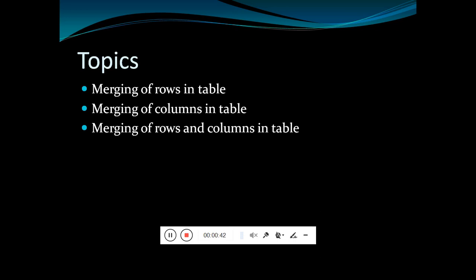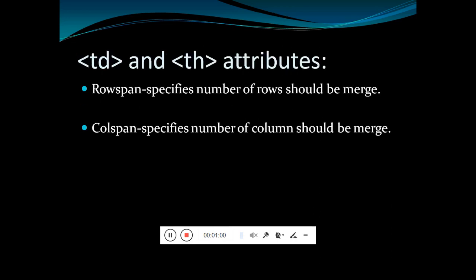The last topic, that is the merging of rows and columns in a table, or we can say that is spanning of rows and the columns in a table. So simply this is called your complex table. Whenever we do the merging of any cells in a table, then that is called your complex table.